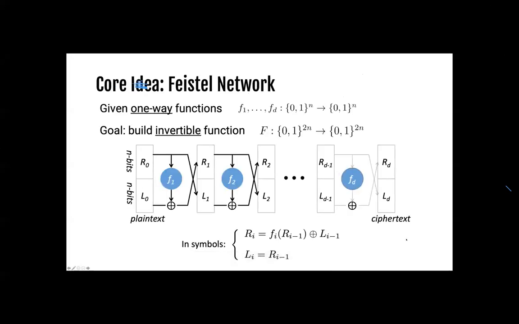Okay, so the core idea. I'm going to start with the Feistel network. Let's suppose that there is a one-way function. What does it mean by one-way function? It means that this is a function that is very hard to reverse. You know how to convert